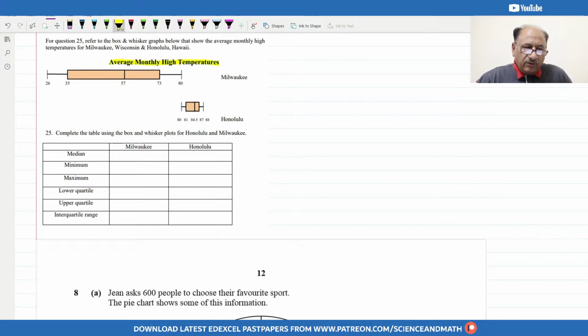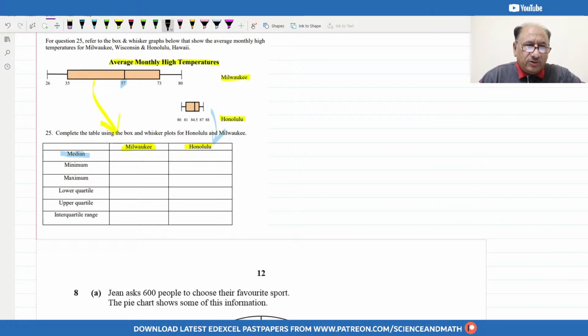Now the first one I have chosen is a question where the box plot is given and we have to answer the questions. For example, these are two box plots, Milwaukee and Honolulu. Hopefully you can see this also, although it's a little small. They are asking for the median. Median is always the middle value, and in this case it is